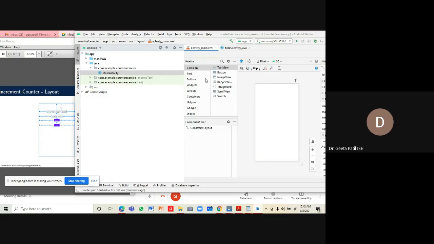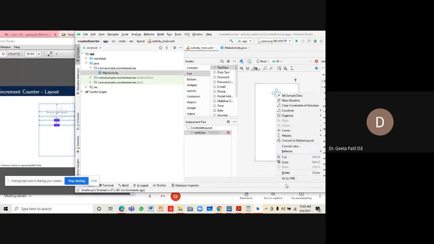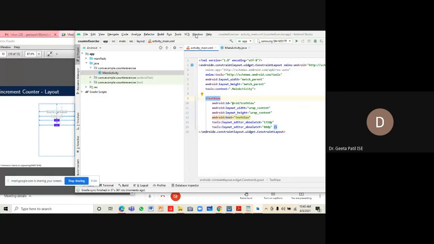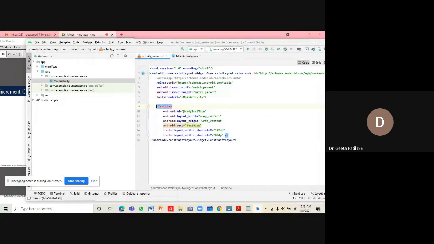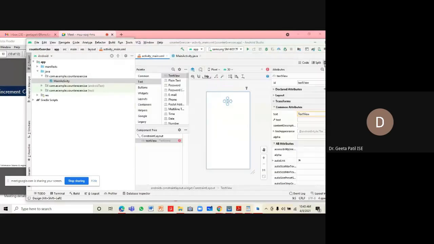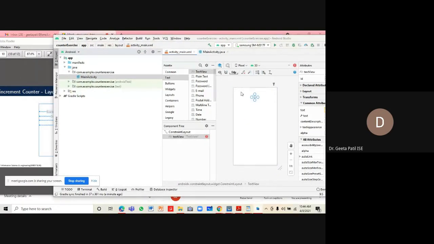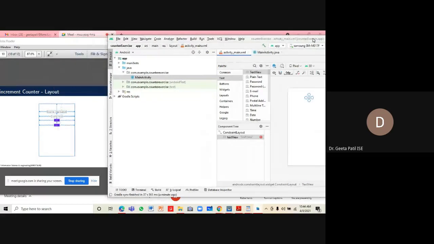So we require text views, 2 text views. I just set up the constraint for it.